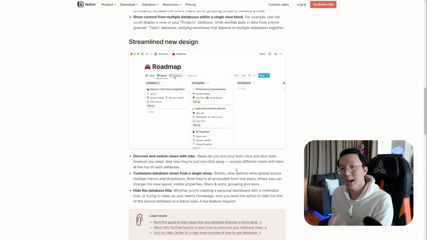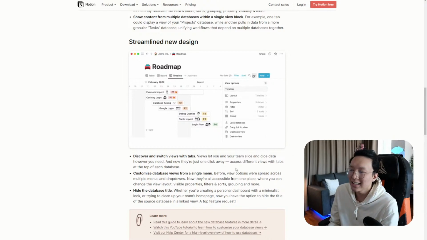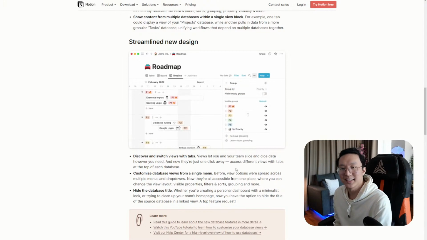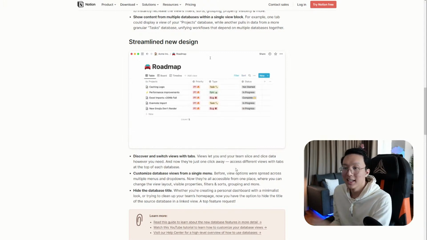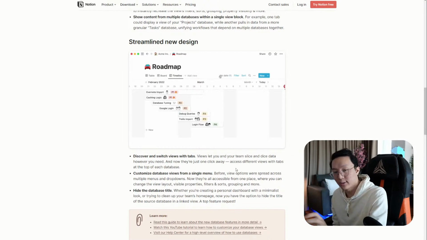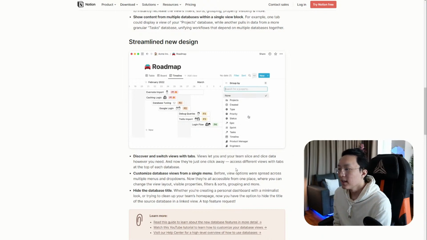And of course, you can also hide any database names, which I think is amazing, because the database names kind of look really ugly when you're inside a view and you're just seeing that big chunk of text that says success plan or whatever it might be. It's better to just hide that for now, because then you can see exactly what you're trying to reference instead of the database you're trying to reference. So I think that's super cool. All right,